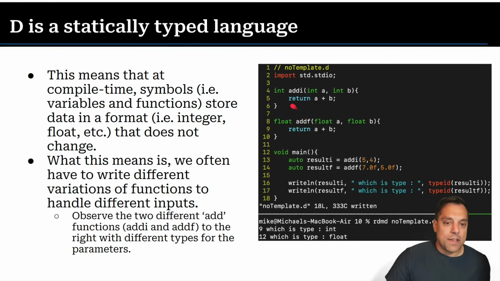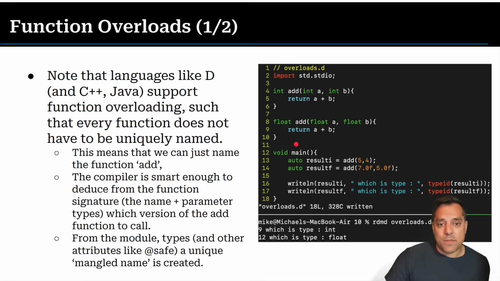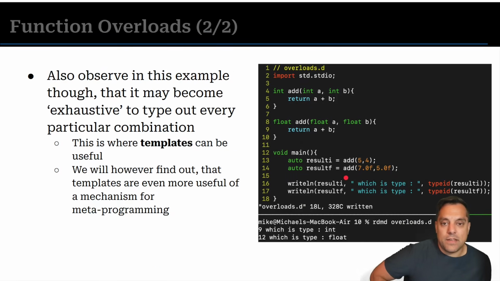Basically in languages like C, there's no overloading. So if I want to write an add function for integers, I call it addI or addF, something like that. I need a new name. Now that's actually kind of nice. I like that when I'm debugging, but sometimes it is nice to just say, hey, here's the add function, name it the same thing, so I don't have to remember what the suffix is, and then it'll just call the right one based off the types. That is kind of nice.